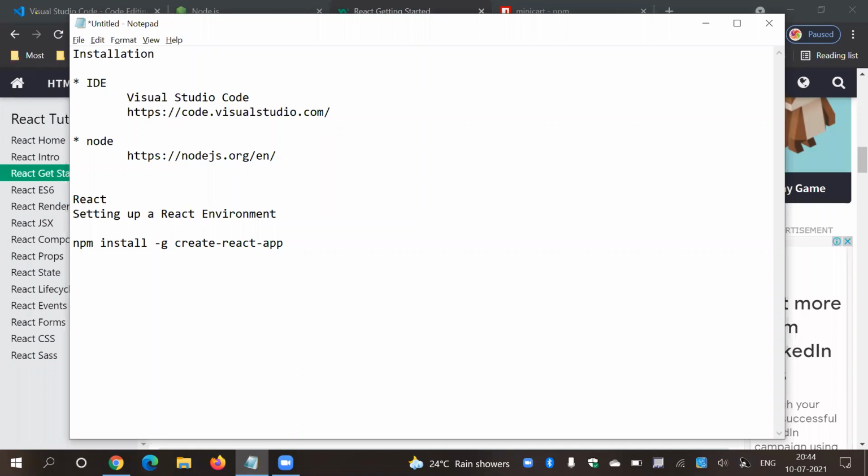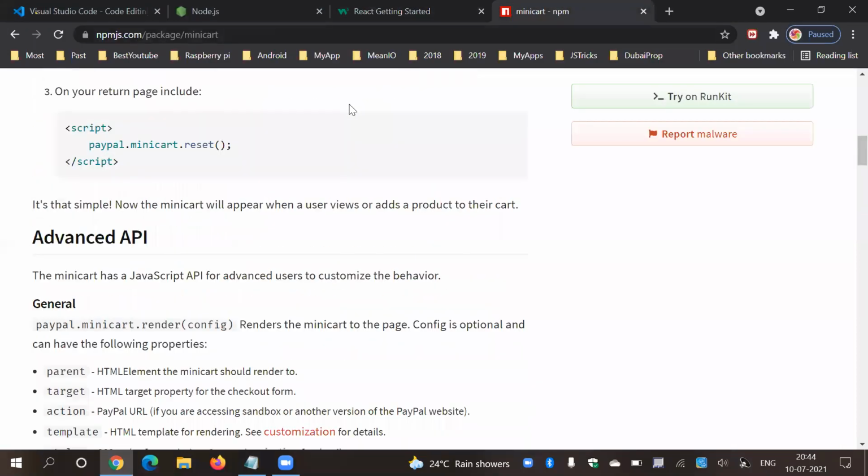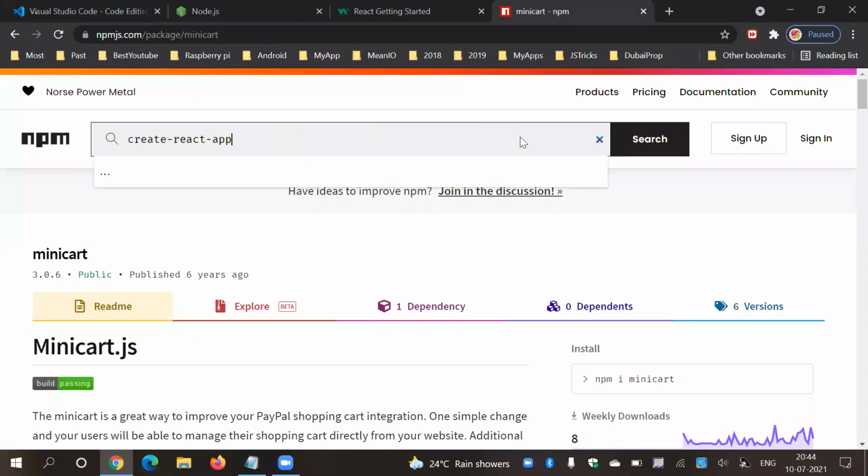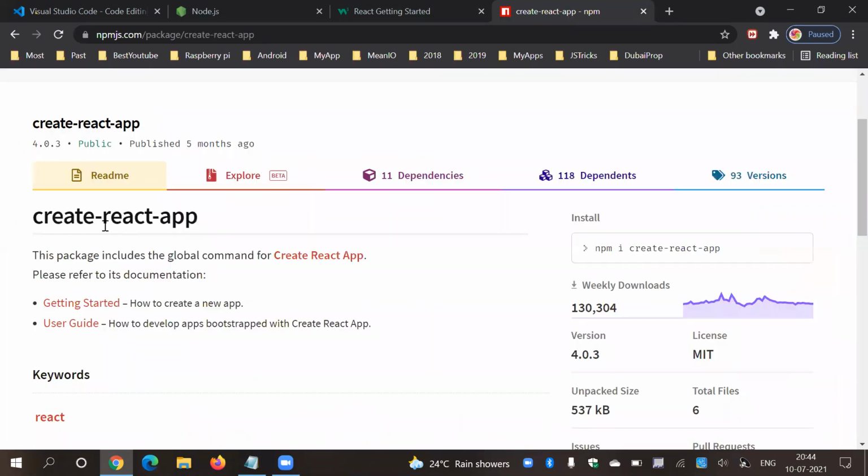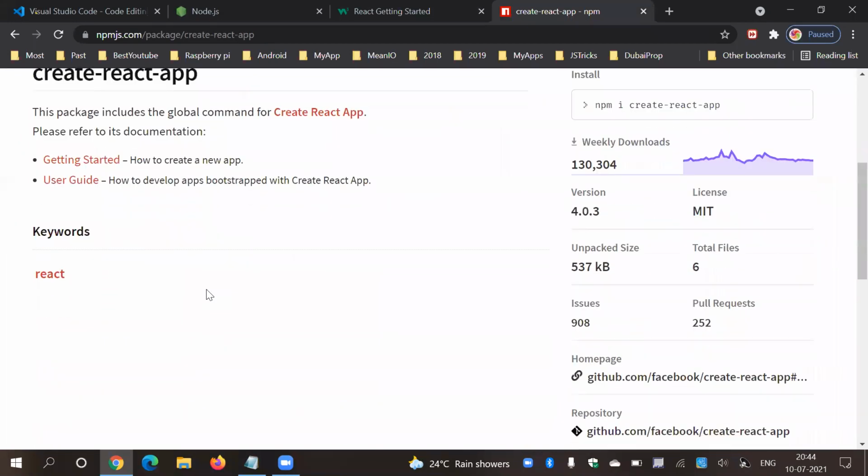You have to execute this command only once, not every time. I already executed this command yesterday, so I'm not going to execute it today. And this is your package name, create-react-app. If you want to go for this package, just open npm.js, search here, and here is your package, create-react-app. That's it.